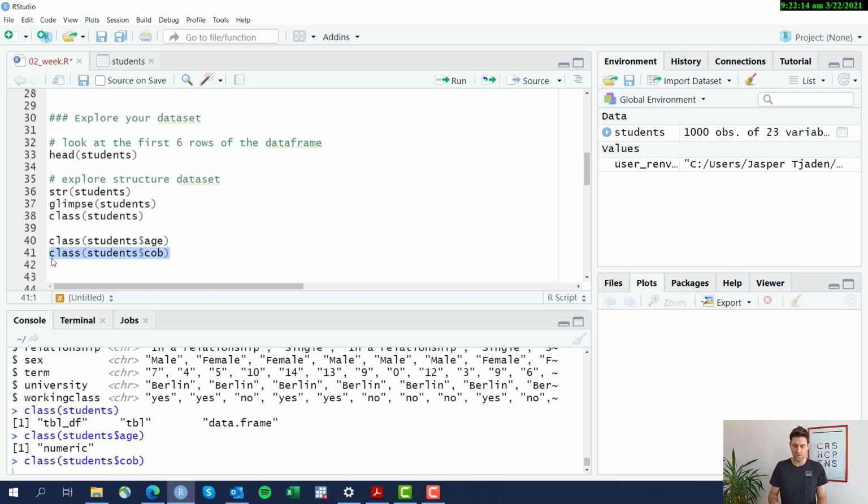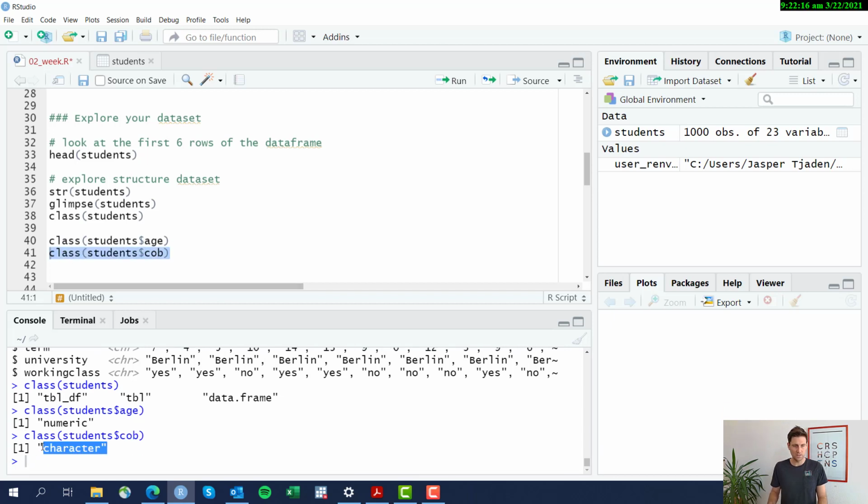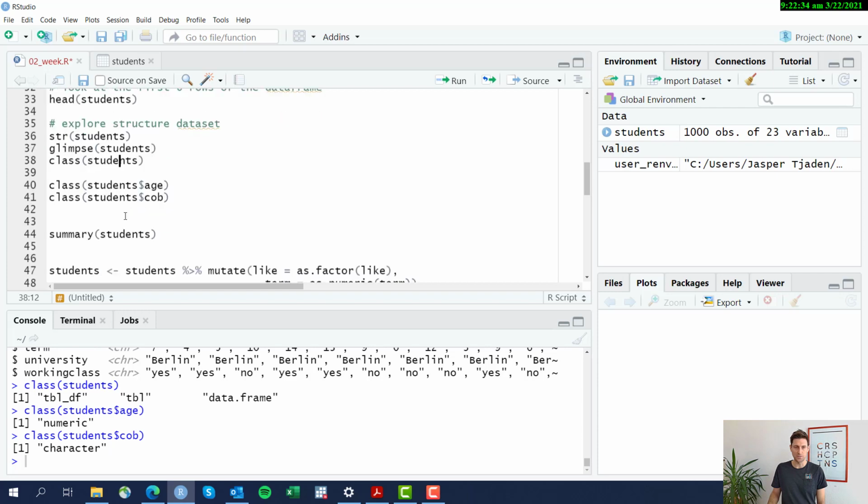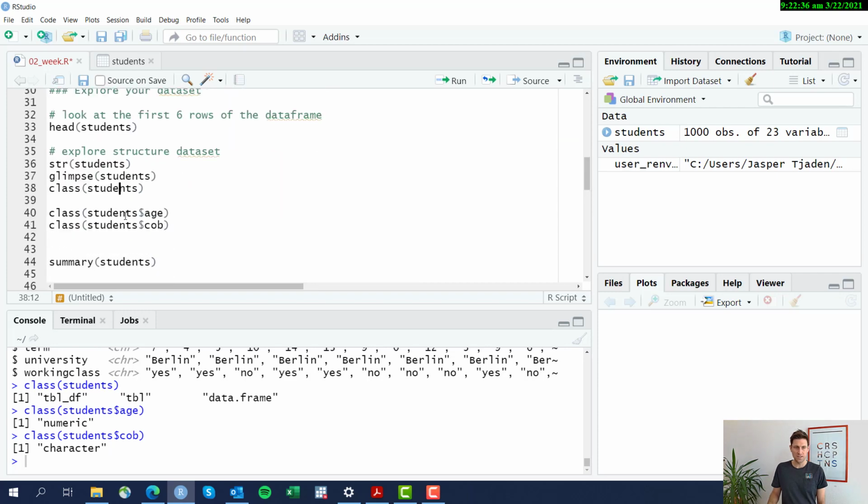If I do it for country of birth, we'll see the type of variable that country of birth is: a character variable. Character variables are text variables, right? They use characters, so this is always written text and not a number. It's important to distinguish. There is another command which basically summarizes the whole data set